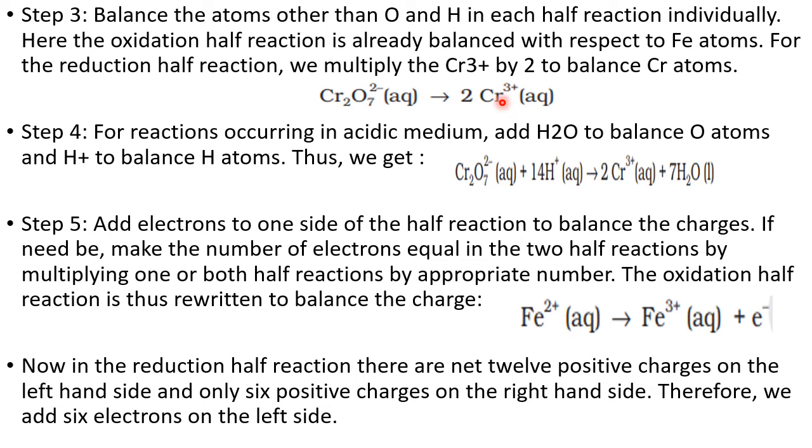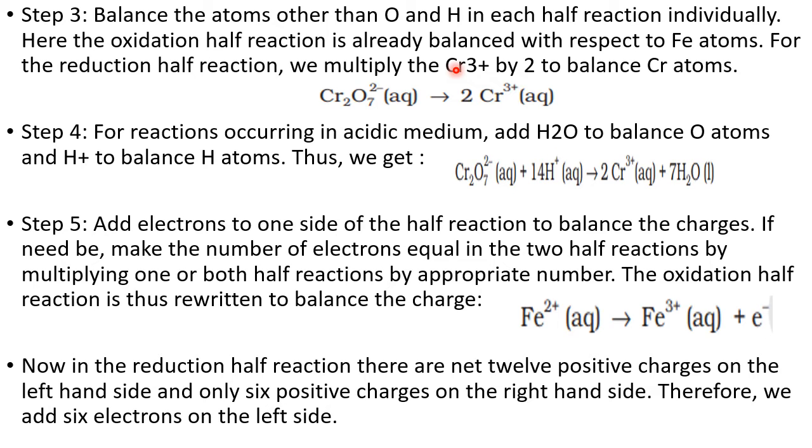Now, what do I have to do? I have to balance the O now. On the LHS, in the case of iron, where it is oxidation, it is already balanced; there is no O. Only in the case of reduction, O is there. So 7 O on the LHS, nothing on the RHS. Therefore, we have to add 7 O on the RHS. But remember, in which medium is this reaction taking place? This reaction is taking place in the acidic medium.